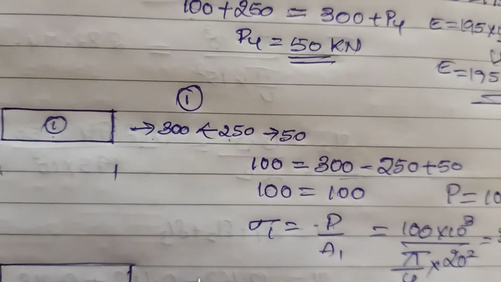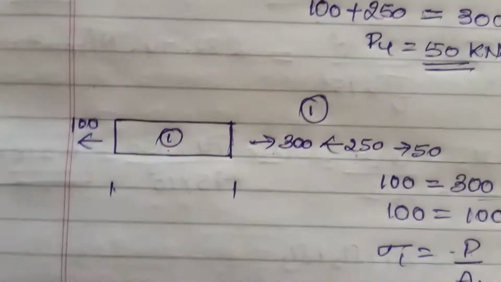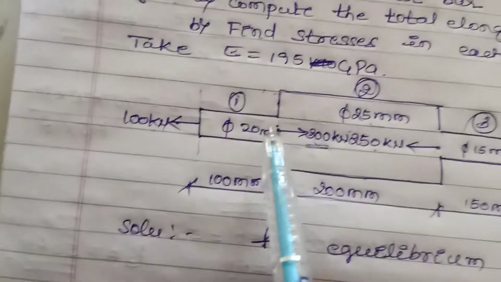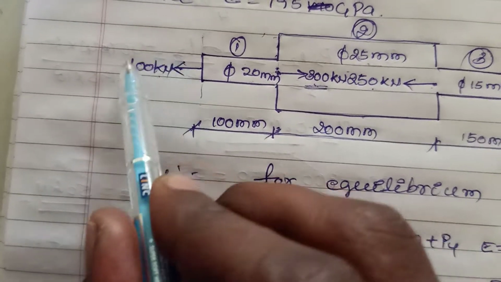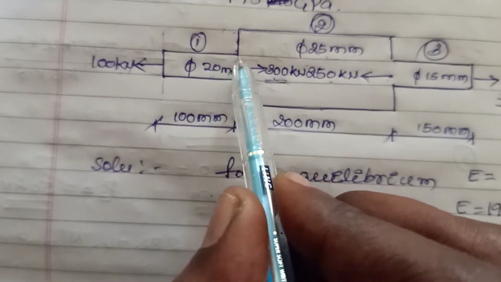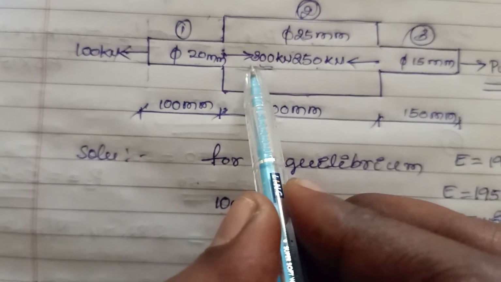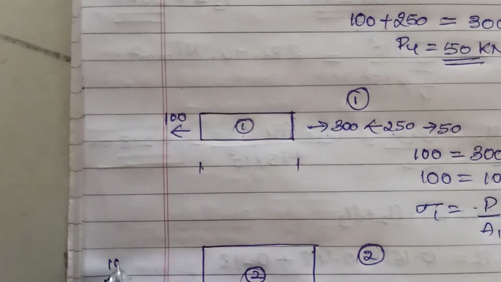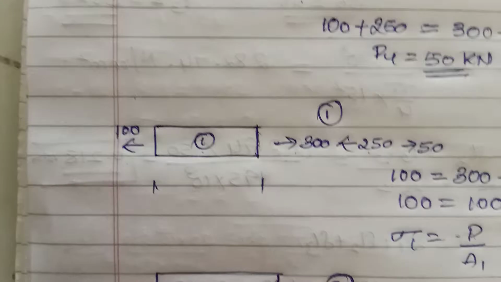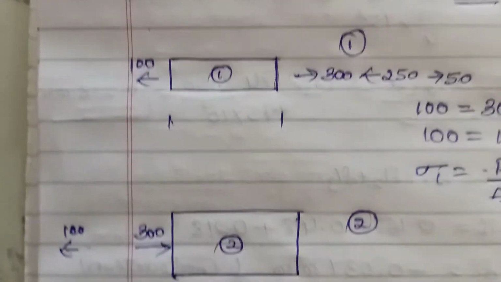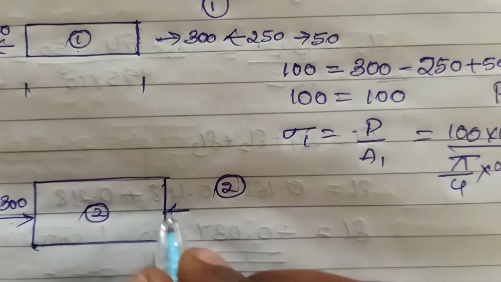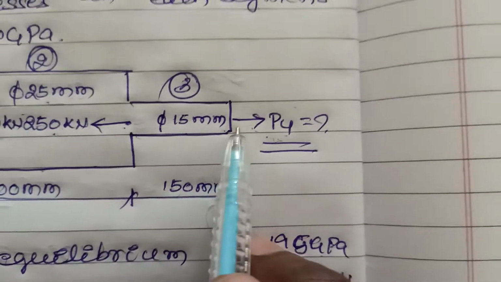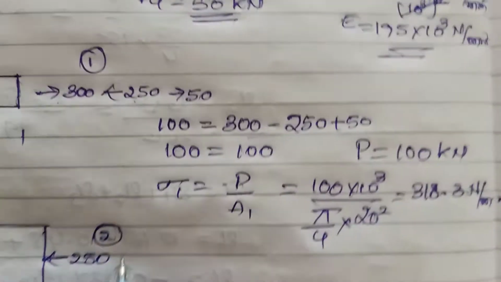Then for the second section, we have to calculate the effective load which is acting on section 2. So just check exactly how much load is acting on this plane. This is the one load which is acting on this, and the effective load acting exactly on this plane, another one is 300. So write down that. First one 100 tensile in nature, another one is compression, 300. Left to this 250 compression, then tensile P4 value is 50.